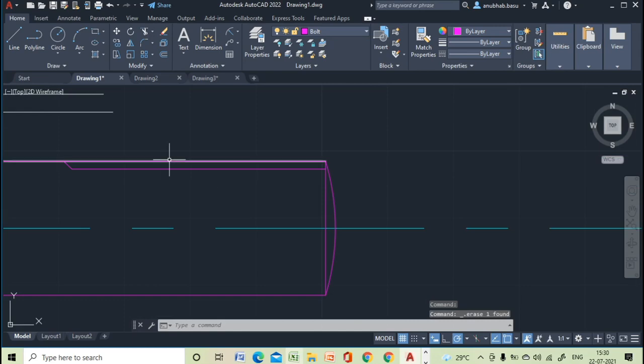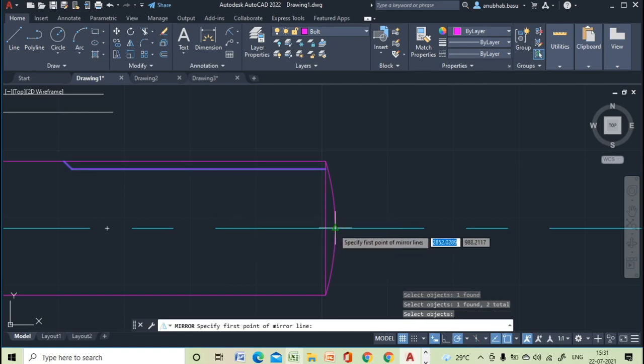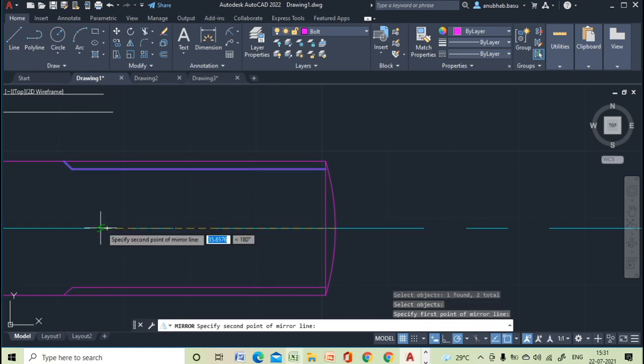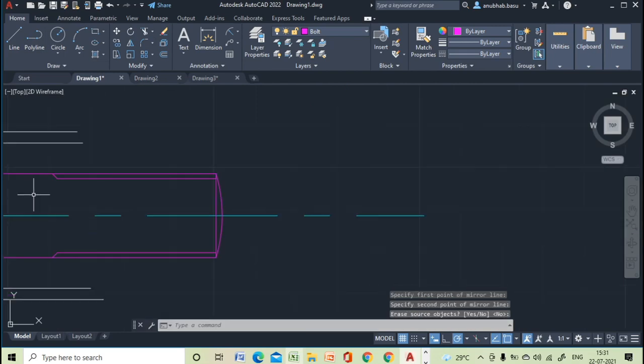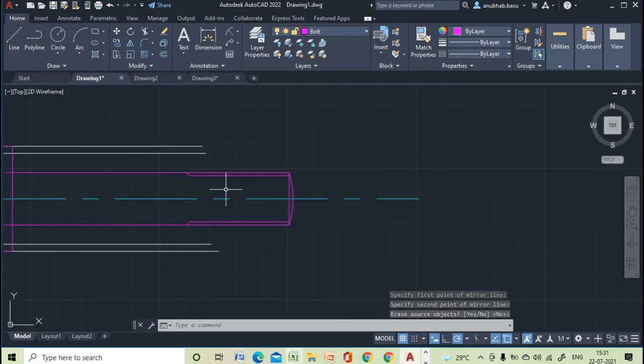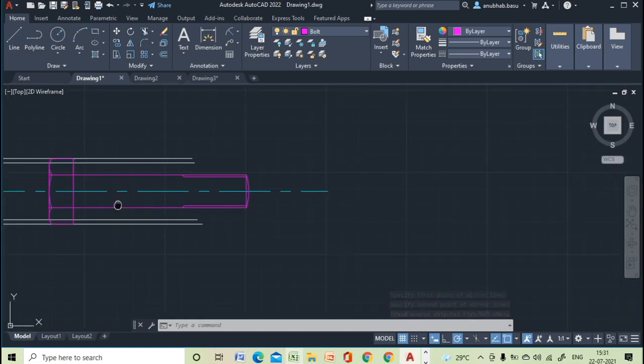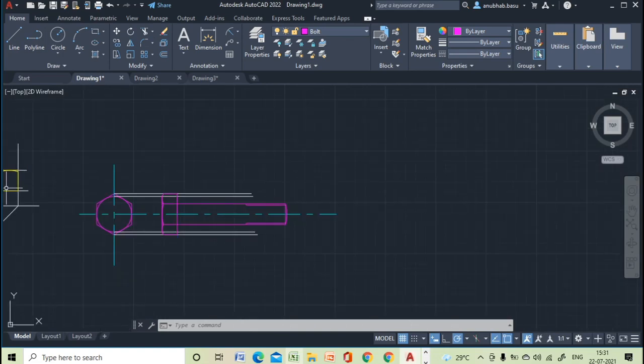Okay, then I'm mirroring this portion on this side also. Okay, so this is suppose the bolt and this one is the nut.